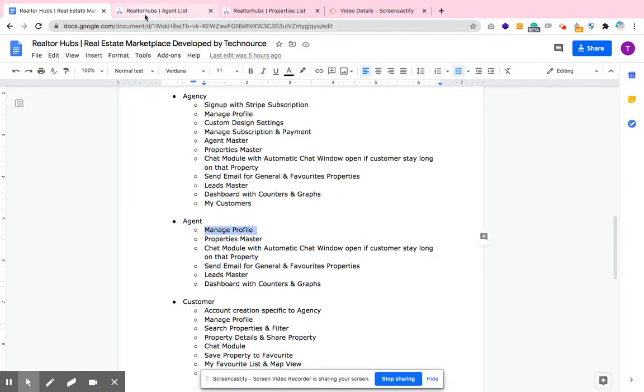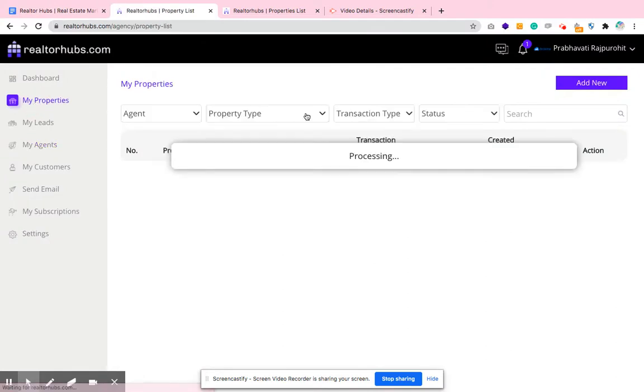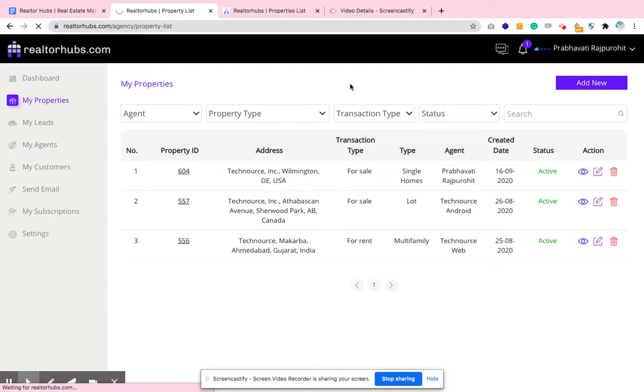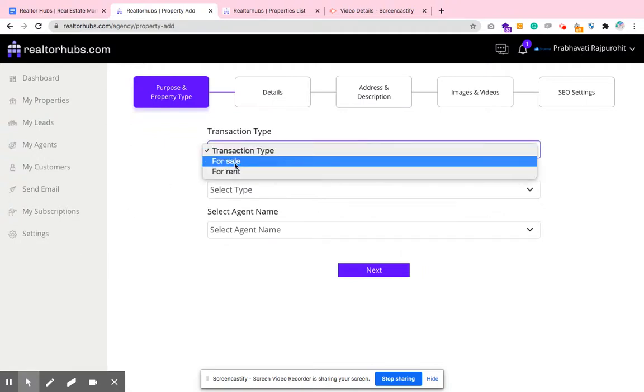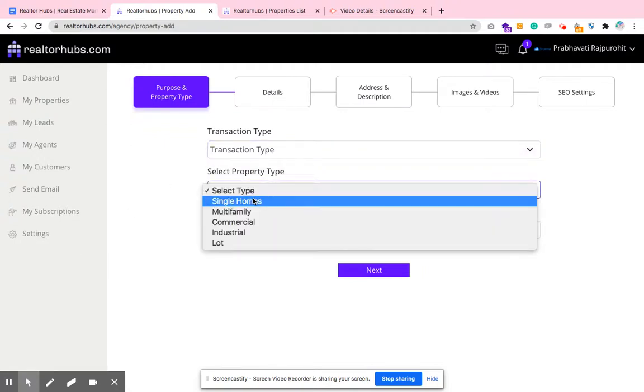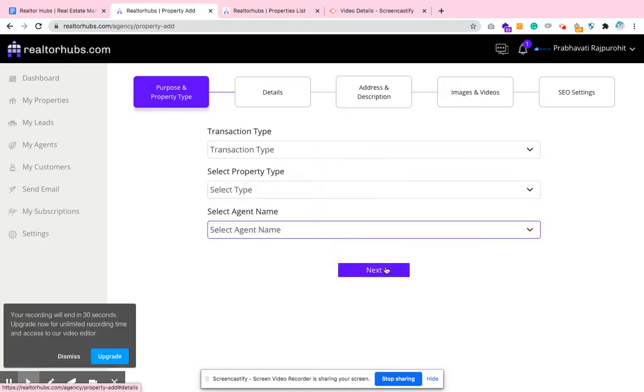Now coming to the next module, that is properties. From here you can add a property. You can click on add new property. Then we are providing many options in the property, like different property type options. Those you can manage from here. You can add a property for sale or for rent, and you can add all different type of properties here. You can select your agent, then you